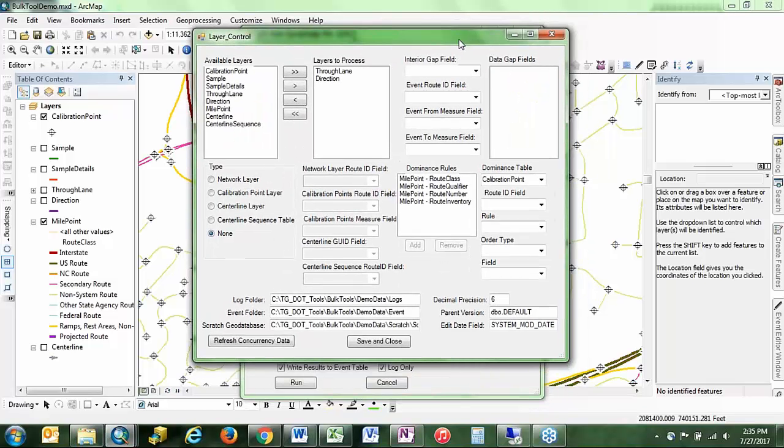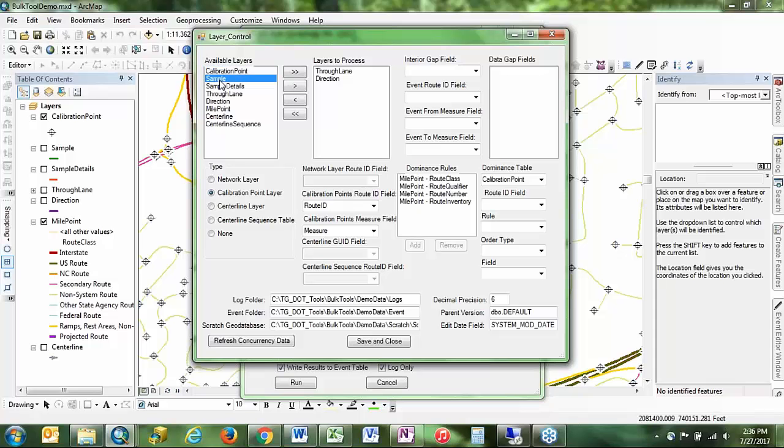So there's a lot of settings here. So again, it's a tool for a power user. This is part of why we say that, because there's so much to configure here. So at the top left of the screen are the available layers that you have in your table of contents. So with each one of these, you'll see as I click through these, this radio button at the bottom is changing. So the tool is looking for a calibration point, a mile point or network layer, a center line, and